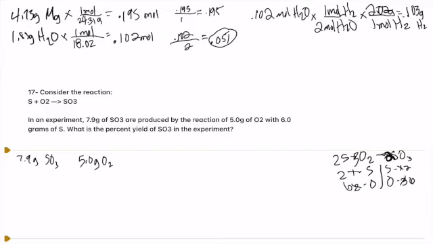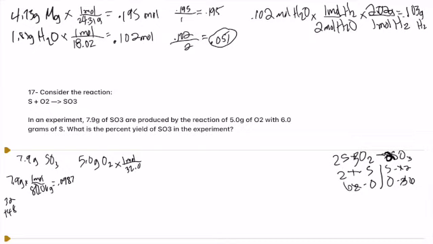And so we go back to our sample that we were given here. We don't know yet which one is the limiting reactant. We know that our product here is 7.9 grams of SO3. Just some quick math showed us that we had 0.0987 moles of SO3 produced. So we go back to our limiting reactant.